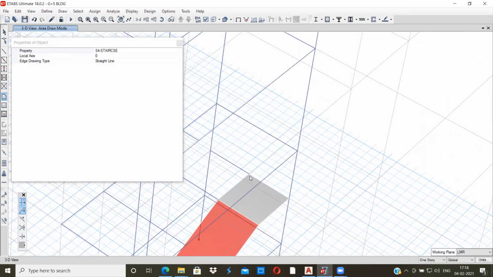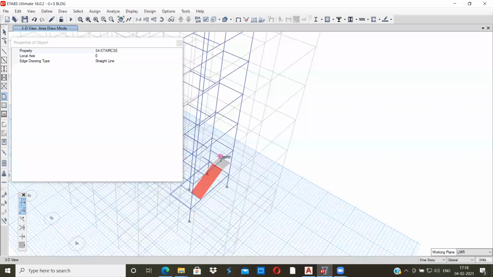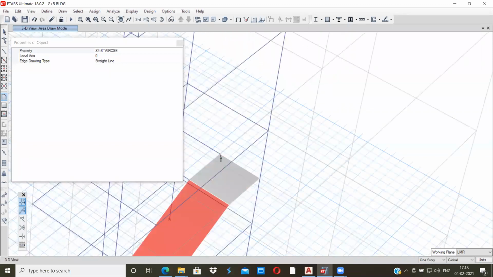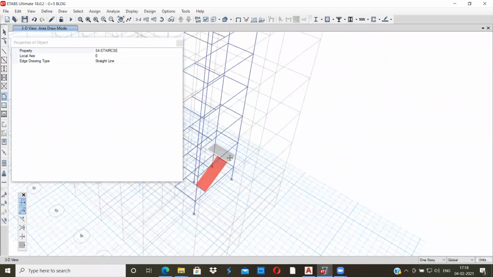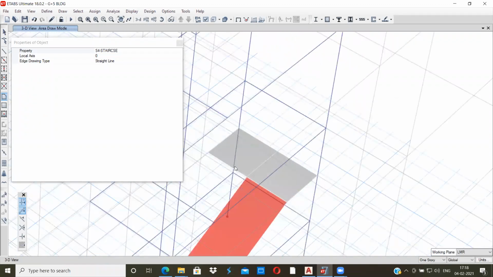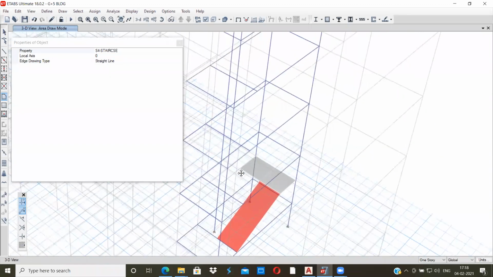Okay, the first flight is done. I will model the second flight. Yes. And now the landing slab is done.